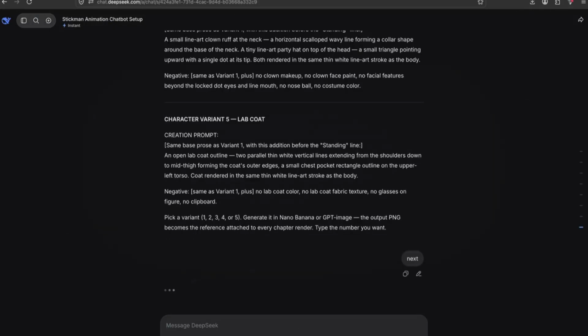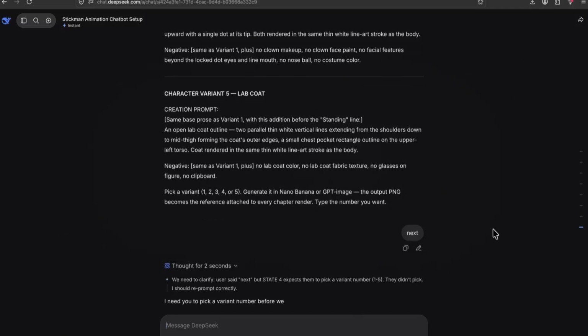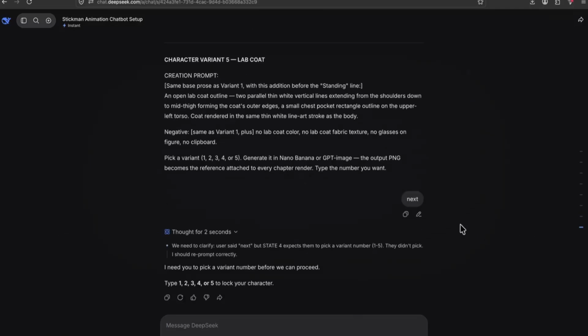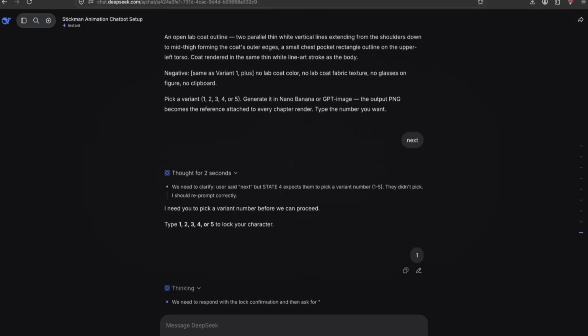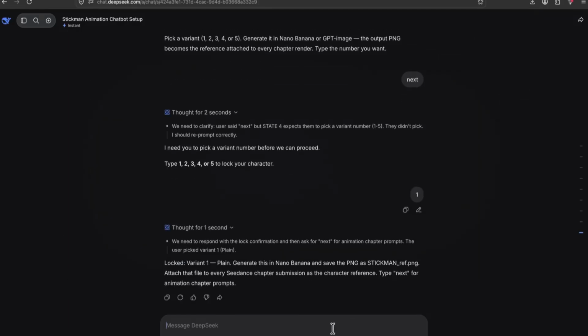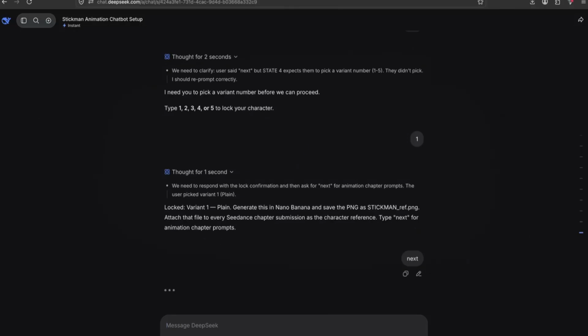Now, here I'm just going to type next because I want it to move to the next state. It then asks me which character I picked from the variants it gave me. For me, I'm going to go with number 1 because that's the one I like the most. So, I pick number 1 and it locks it in as my main character for the brand. Then I just type next again so it can move on to the next step. And for the next step,